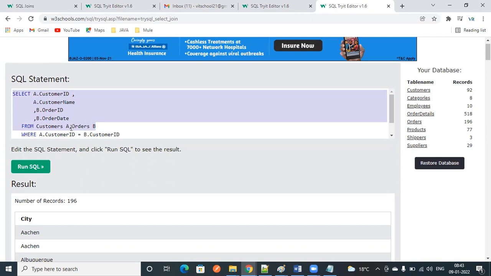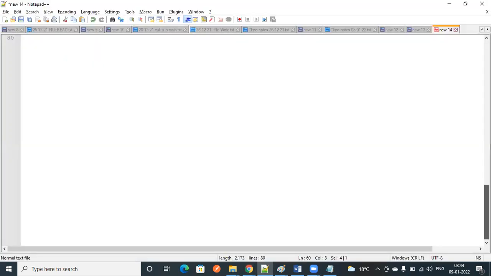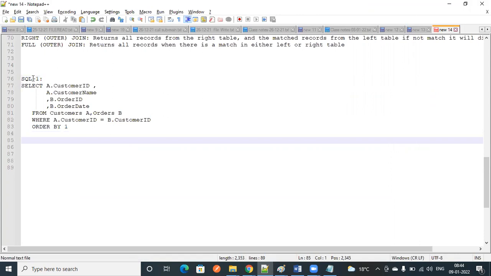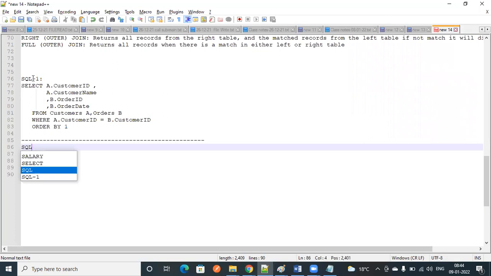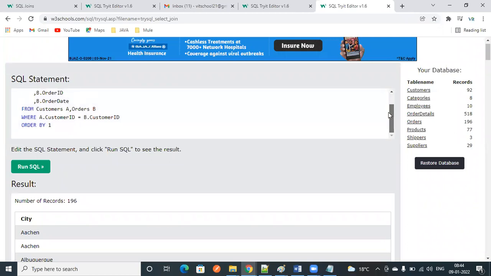So another method is, so I will write this one. There is another method. If you learn this method, you can apply it for all the joins.